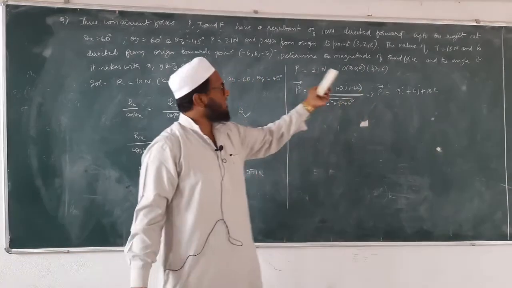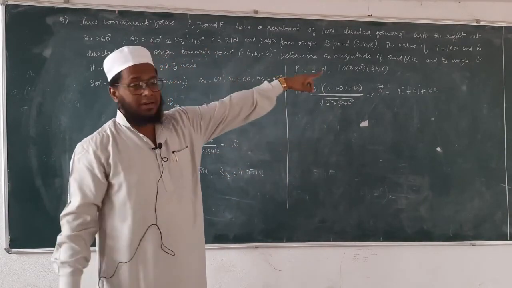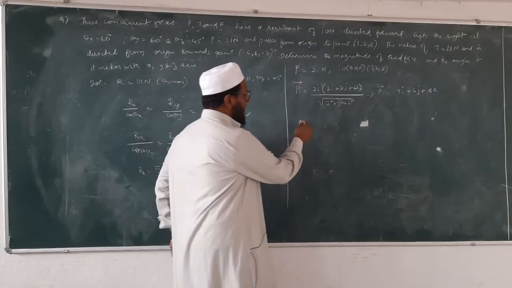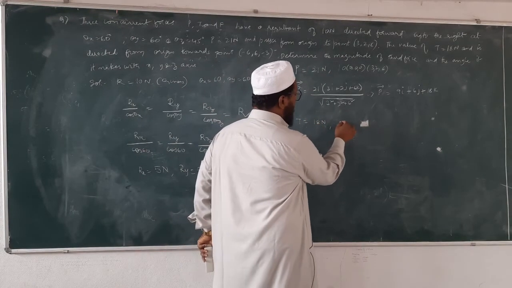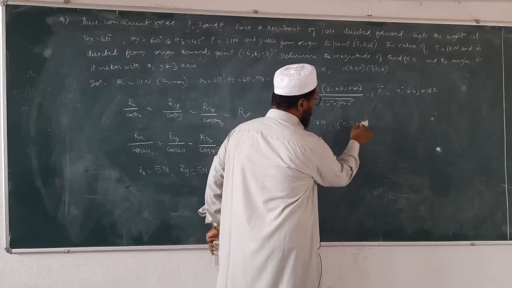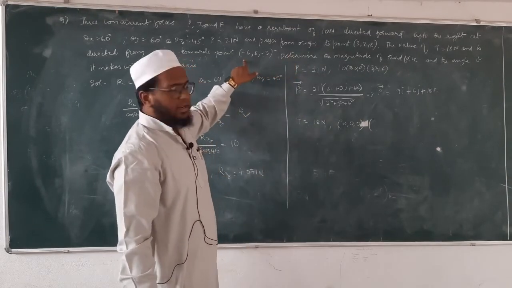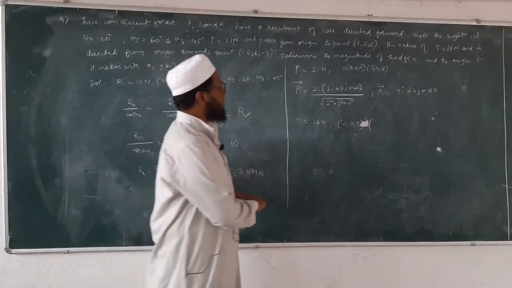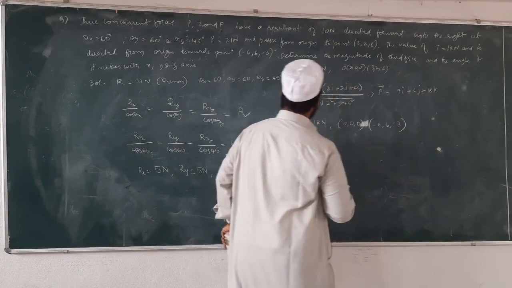Now what is the next force we have? P is over. T is there. So T is equal to how much? 18 newtons and it is passing through origin again, and it is passing through origin to minus 6, 6 and minus 3. That is minus 6, 6, minus 3.